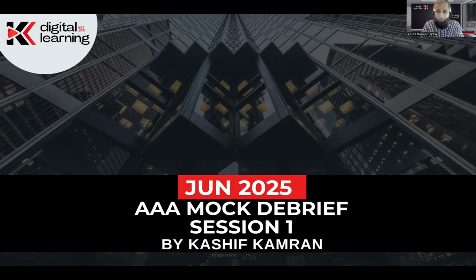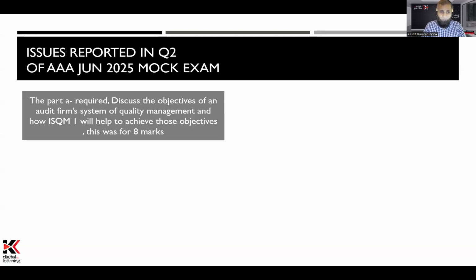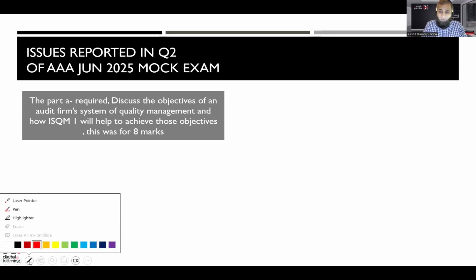I'll be showing you that on the practice platform even. But let's first look at the summary of the issues I found from the first question inside section B. That's question number 2. Question number 2, part A, required students to discuss the objective of an audit firm's system of quality and how ISQM1 will help achieve those objectives. This question was for 8 marks, and it was written under the question in the note that you're not required to refer to any exhibit. So that was telling you that this is a pure knowledge question coming from